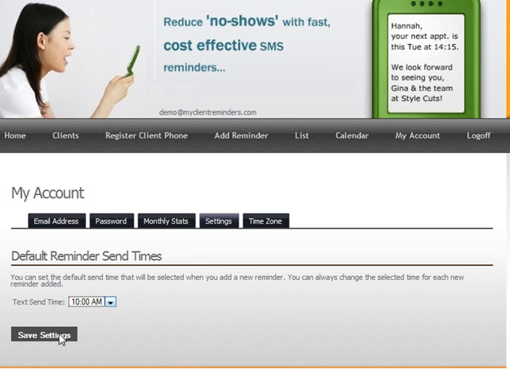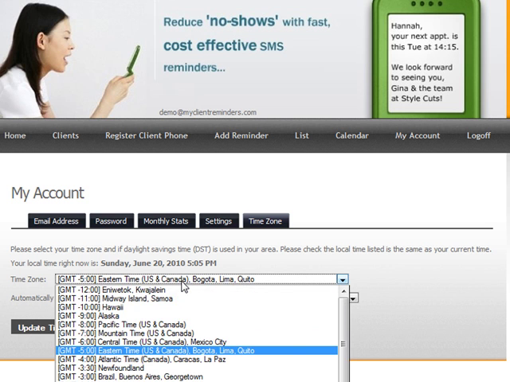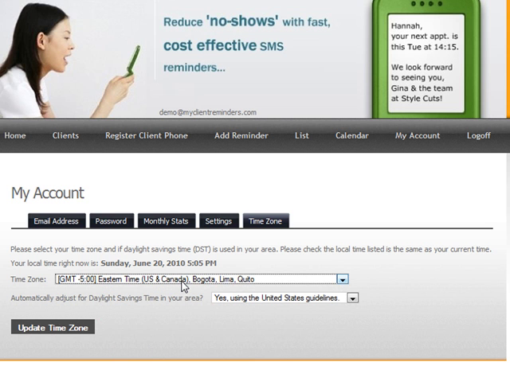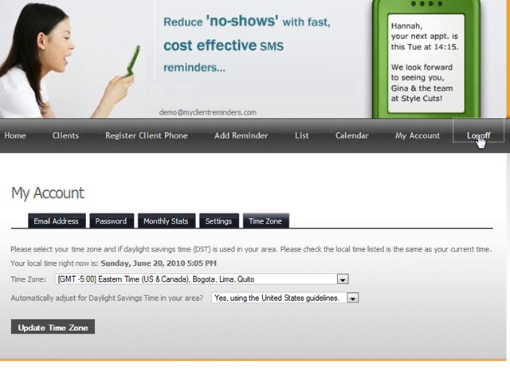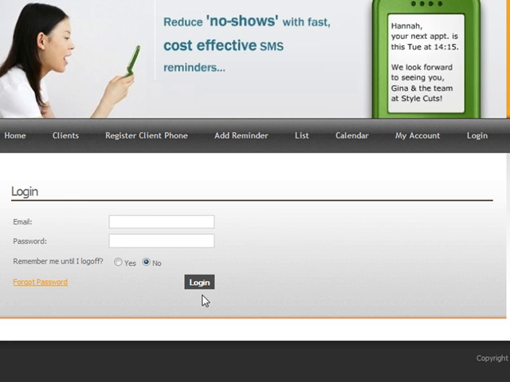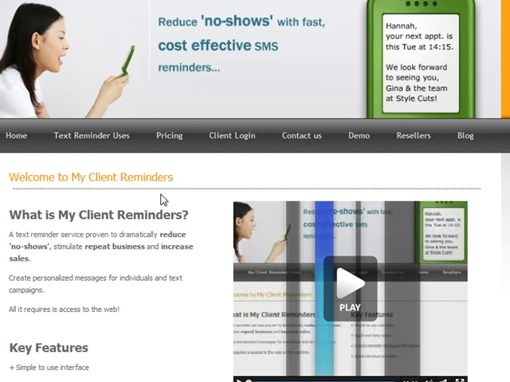Also important is the actual time zone setting. Make sure this is set for your particular office where you want to have it. Also make sure that if you're in Europe that you choose the European Union guidelines. All of this is under the My Account area. You can also choose to log off, which will take you back to our log on screen. From there, you can choose Home as well at any time to visit our main website,